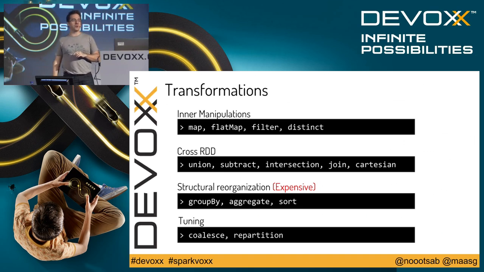We classified here those transformations for you, so inner manipulations, which are the simple operations. You know them already from the Scala collections. They are all inspired actually by the Scala collections. You have flat map, filter. Then we have operations that take two or more RDDs, except Cartesian, which takes an RDD and produces a Cartesian product of it. But you can have two RDDs and union them. You can have an RDD and subtract another from it. You can have the common elements of the RDDs, so you can have basically set operations on top of the RDDs with these cross-RDD operations.